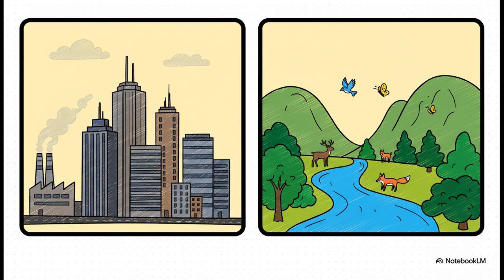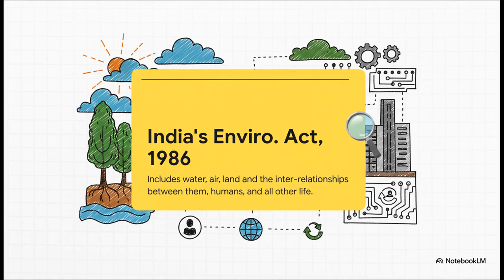This drastically changes the whole system, right? It affects everything from pollution levels to the number of plants and animals that can survive there. It's still an environment, just one that we've heavily shaped. You know, this idea of everything being connected is so important that it's actually written into law.